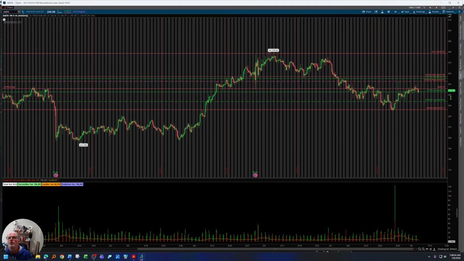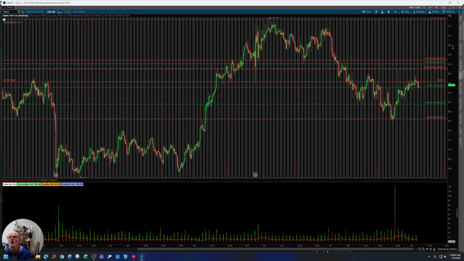Amazon, quickly on Amazon here. Got to hold that 242.70 level. If you lose that, 233 is the next level I have. You can see this 245.73 is rejecting. If you can get above that, 252.53 is a level. And then above that, 255.19, I would anticipate to get a little resistance up there. Downside here, I went to 233.80. If you lose that, you've got a high 226.10.